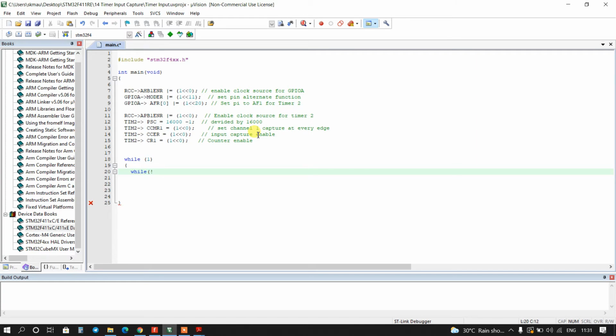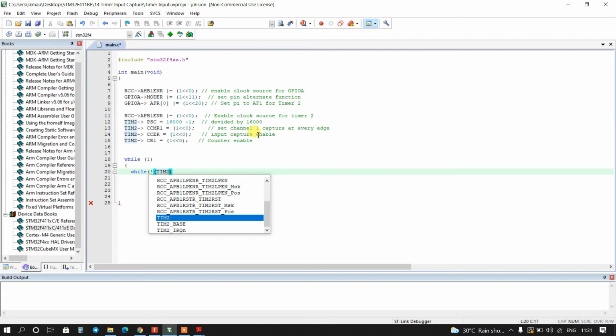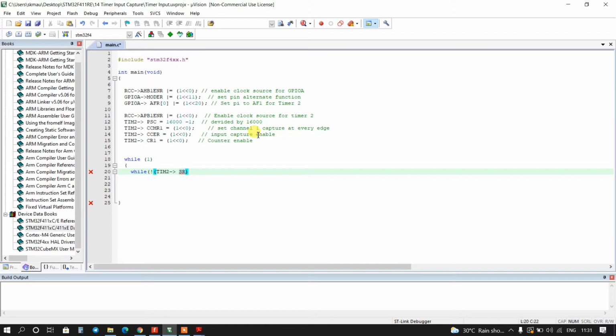So not, and timer 2 arrow SR register. This is the status register of timer 2, and we will check the second bit. The second bit is nothing, just 1 left shifted by 1, right. Okay,